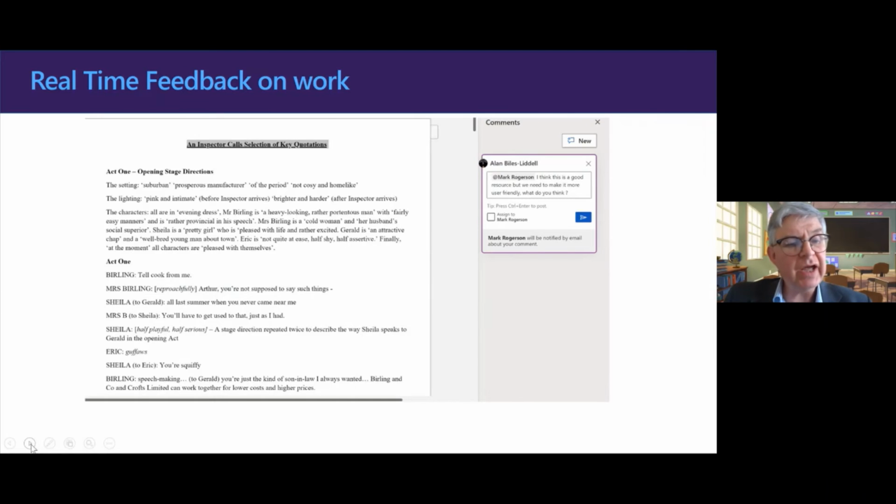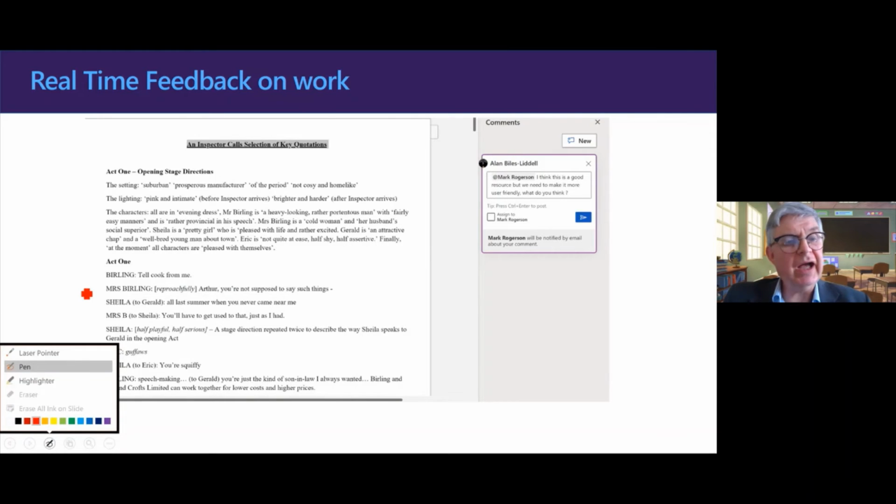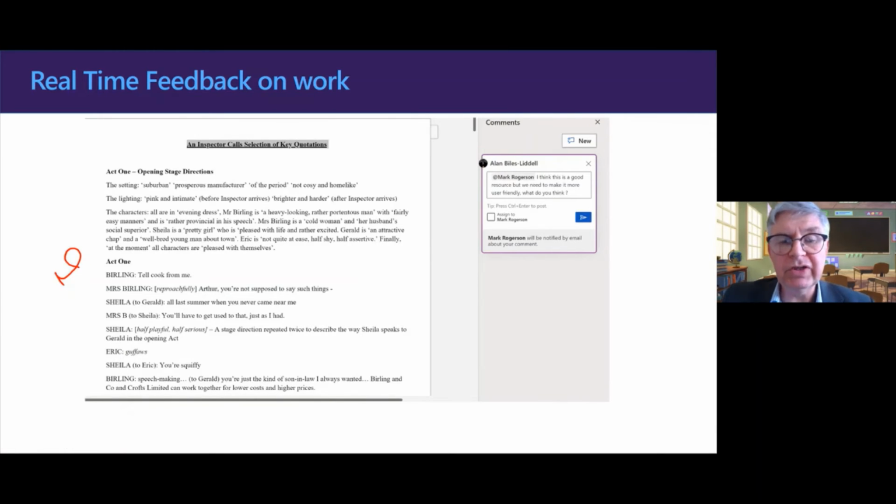And again, you can obviously annotate on the screen for them as well. You can have that conversation, but you can point, bring in your arrows and say, right, this is what I want you to do here. And it's all done without anybody else's attention being brought to the help that you're giving here. Allows you to, again, differentiate within your class structure. And again, it's that real time element you're wanting to do.